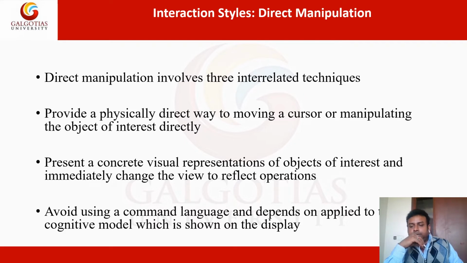So basically, an example of direct manipulation is, suppose you want to delete any item from your desktop using the mouse cursor. That is an example of direct manipulation. In this, you are directly involved in moving the cursor. Whenever you move the cursor, whatever change happens will be viewed immediately. So after deleting the icon, the file, you will see that the item is not available on your desktop. That is the immediate effect of direct manipulation.